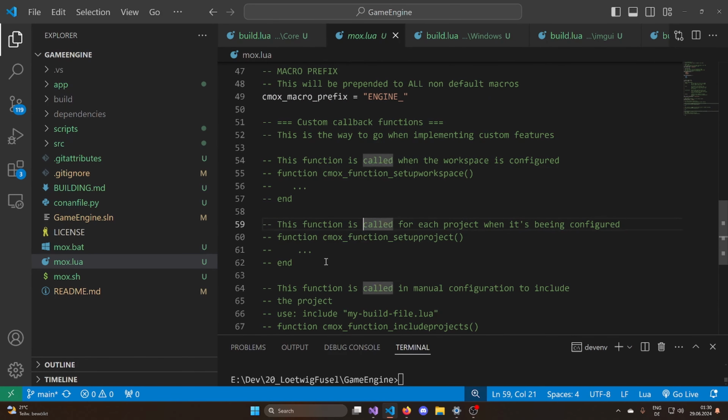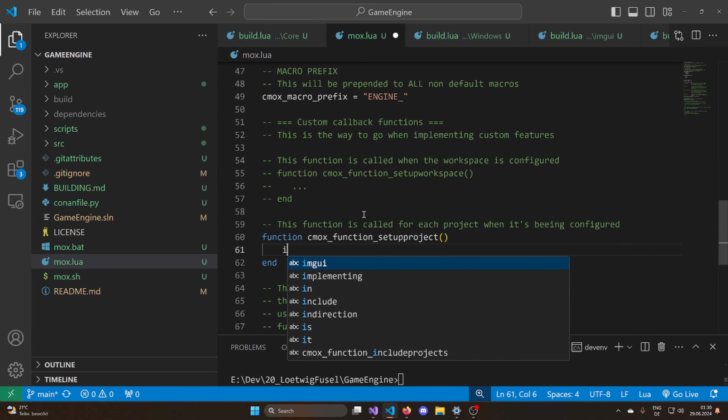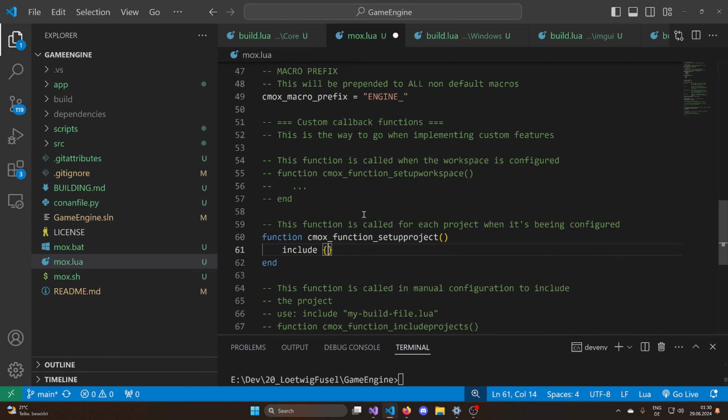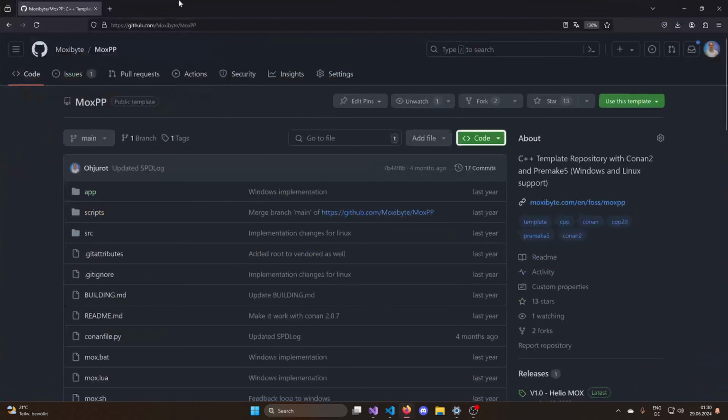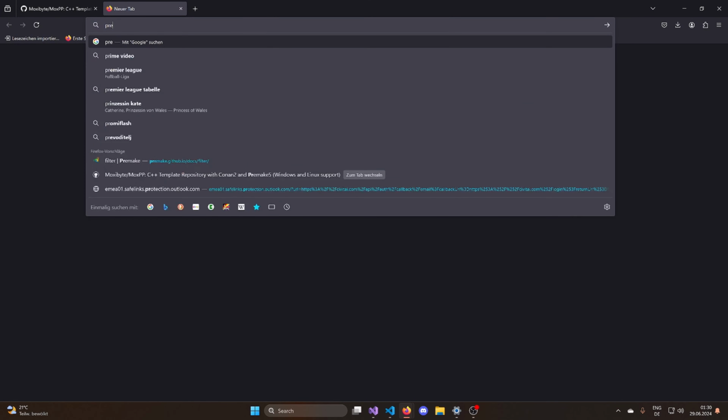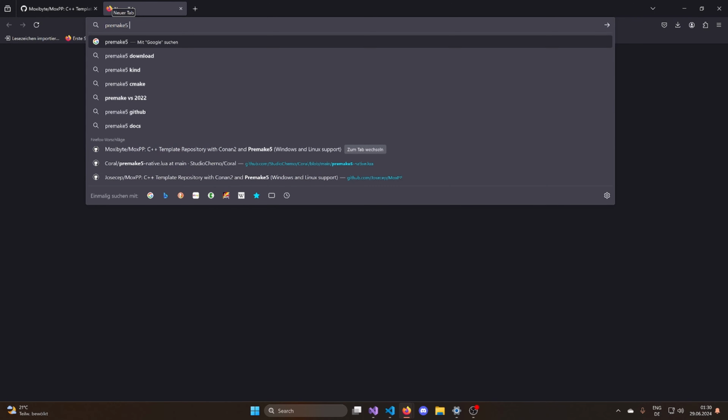What we can do is implement that hook. This function here, the setup project function, is called for each project when it's being configured, and this is the function that we want to catch. It's called for every project, and in this one I want to include more directories. I'm not sure how we do that, but we can look at premake5